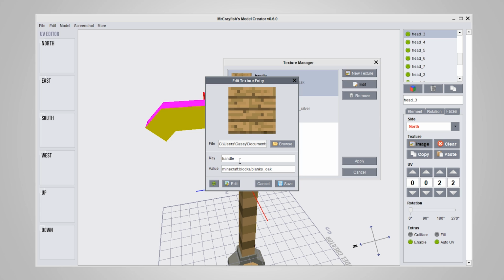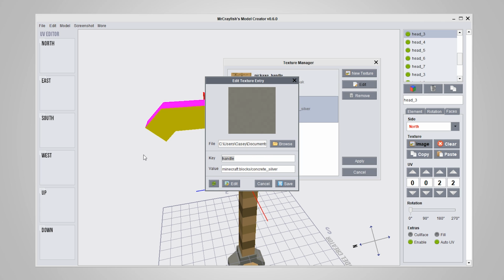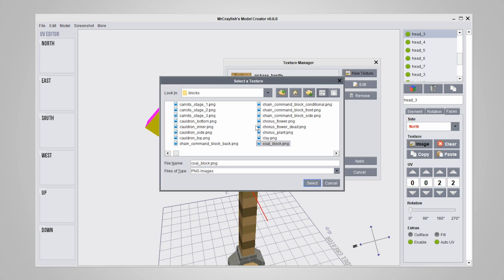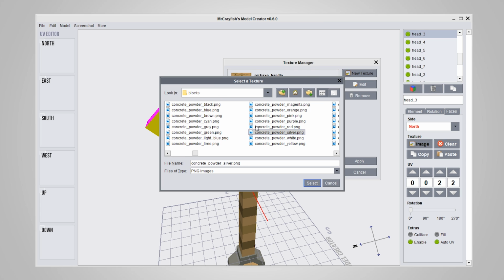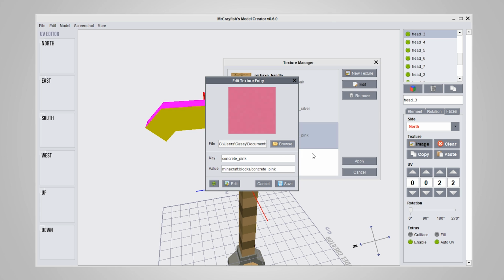We actually can't call it that. We'll call it pickaxe handle, and then maybe this bottom bit is going to be the shovel handle. There we go. Let's go ahead and add a new texture in. We're going to grab concrete pink here, there it is. Alright, let's grab that. We'll call this flamingo,